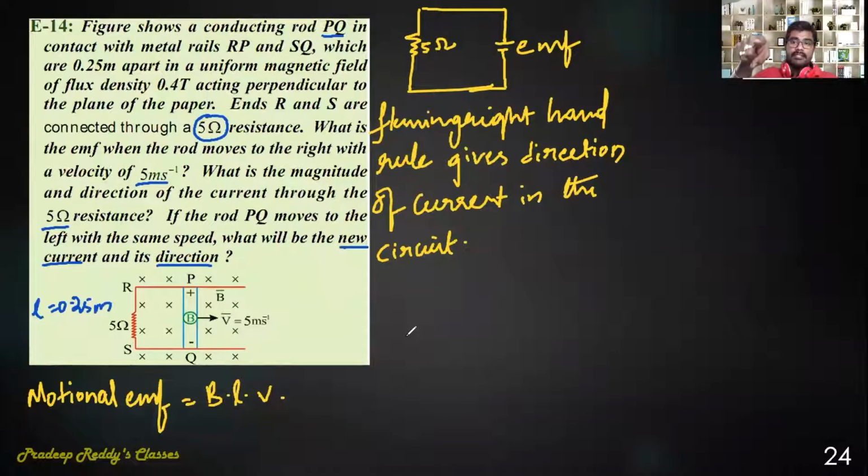So for the magnetic field, you need to place this finger towards into the screen. And velocity is in which direction? Velocity is right side. This is velocity, and the thumb gives the direction. See here, this is the right hand rule. Thumb, index finger, and middle finger. These are the three fingers which we will be using.